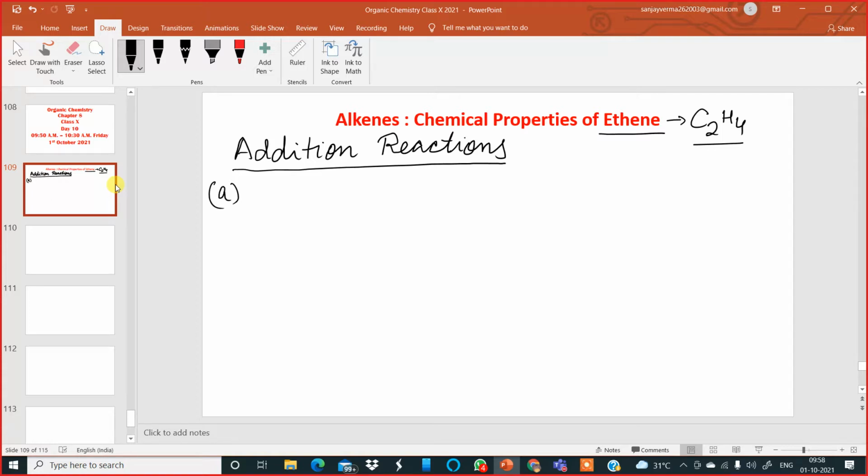So that is number one, which is called catalytic hydrogenation. This is the first type of addition reactions generally undergone by ethene. So the equation is here,